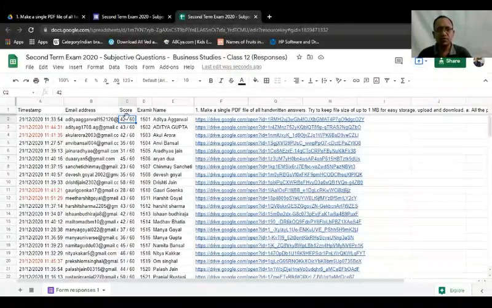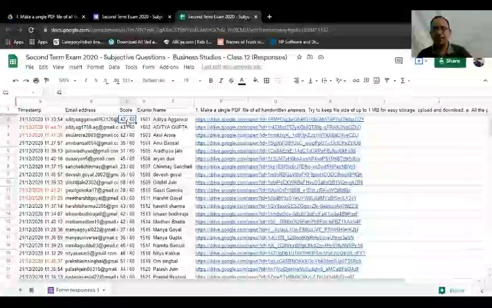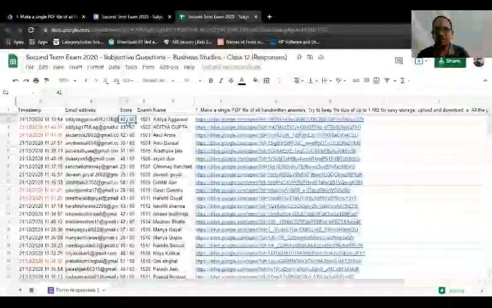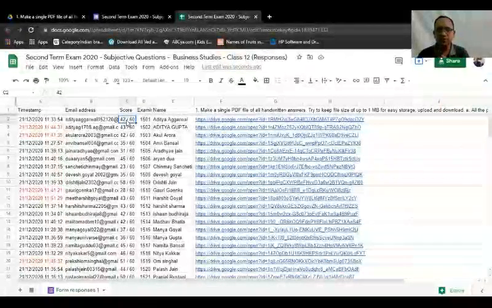If you want to copy these marks and paste them in another spreadsheet and you do not want them in this format, you just want 42, 43, 42, what you can do is select this column containing the score.